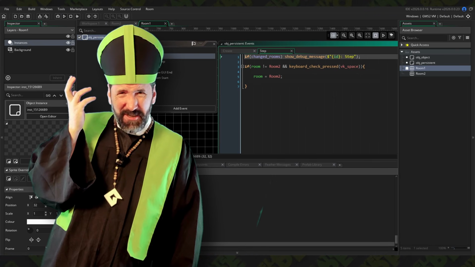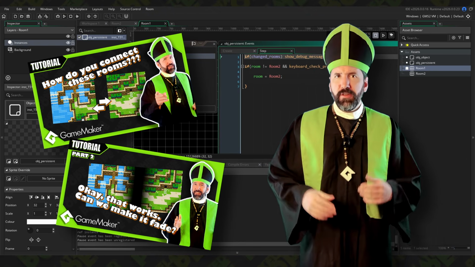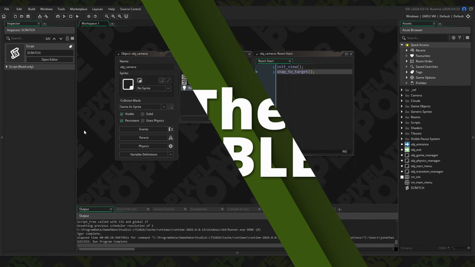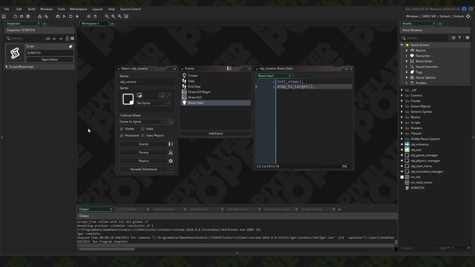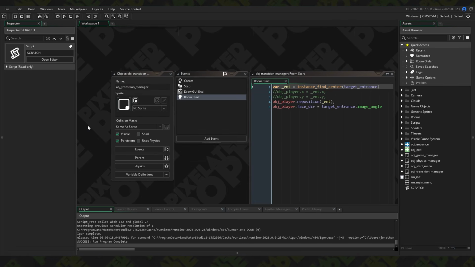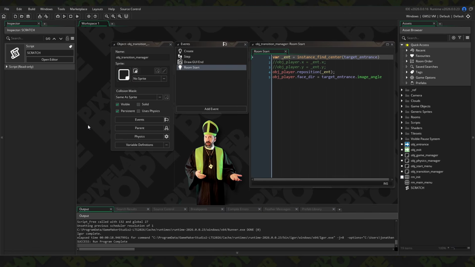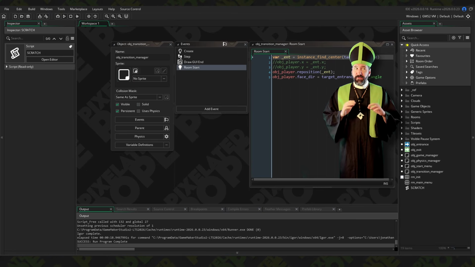But is this really a problem? If you've watched my doors and room transitions tutorial, you've already heard me talk about this, but let's recap for everyone else. I have two persistent controller objects. In each, I have a room start event. In the camera manager, I snap the view to the player's position, and in the transition manager, I update the player's position. So the two events have a shared target, the player, and specifically, the player's position is very important